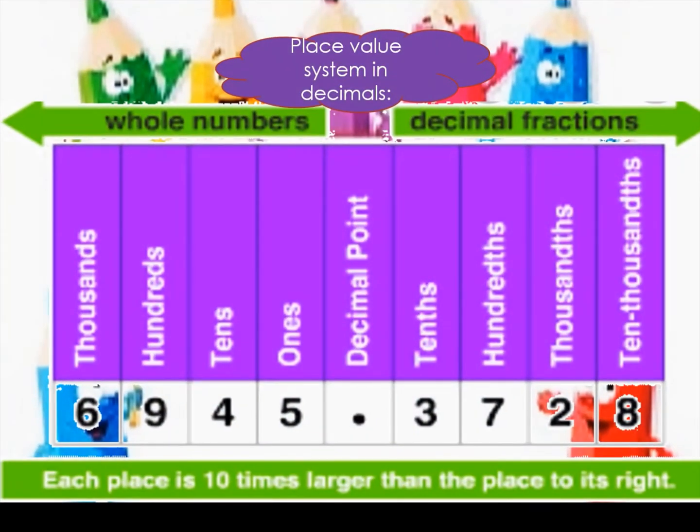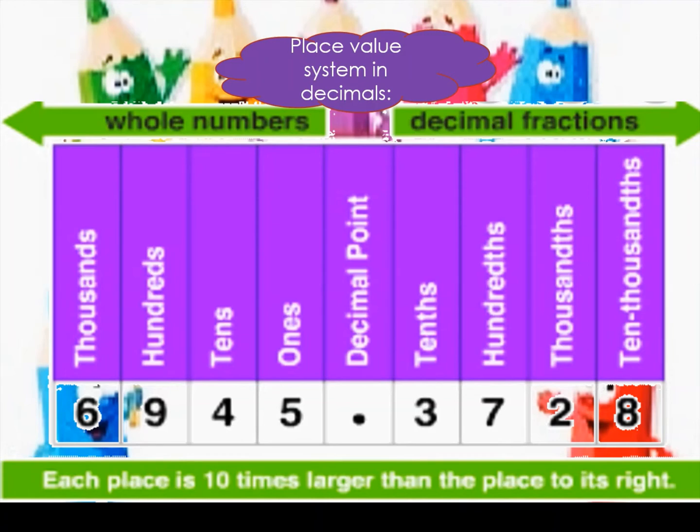Next point to discuss here is the place value system in decimals. You must have been hearing me say 2 decimal places, 3 decimal places and 3 zeros. After the decimal there is the tenths place, hundredths place and thousandths place. After the decimal we do not count ones. This should be very clear to you. Keep in mind, after the decimal there is no ones place, that is tenths.